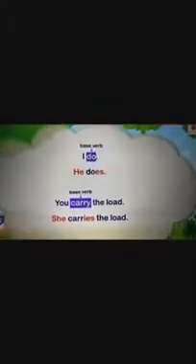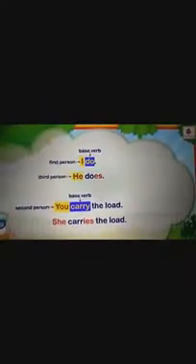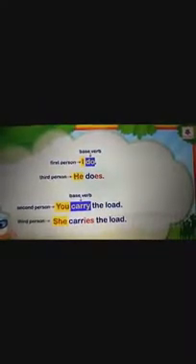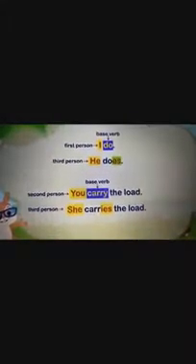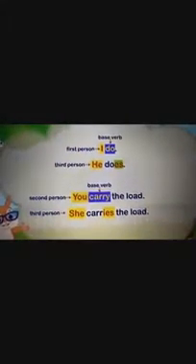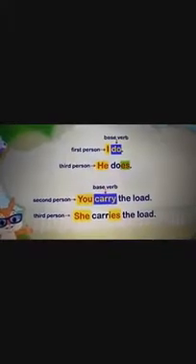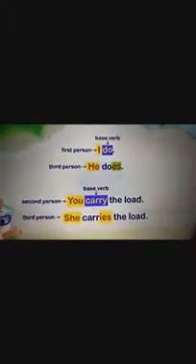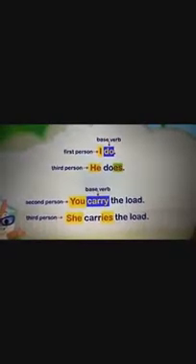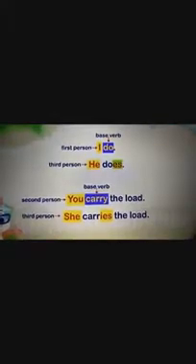We can see it's already there, children. Do is the base verb. So I and you, we can see that the first person is I, the second person is you. And third person, that is he and she. So for third person singular we made does, carries. Okay, we added s or es or ies to the base verb. Alright, I hope you understood this.